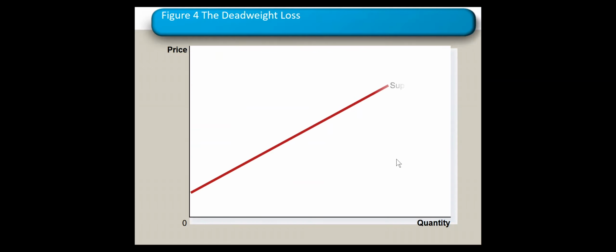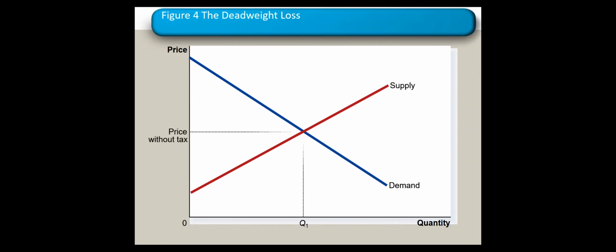All right. Now, let's address some other figure. Supply again, demand again. And we have the price without tax, the quantity at the equilibrium, with the price at the equilibrium. Then we have the tax imposed. What happens? The price buyers pay and the price sellers receive. Now look at this. Because we are moving far away from the equilibrium, we have a loss. So reduction in the quantity. That's the loss here.